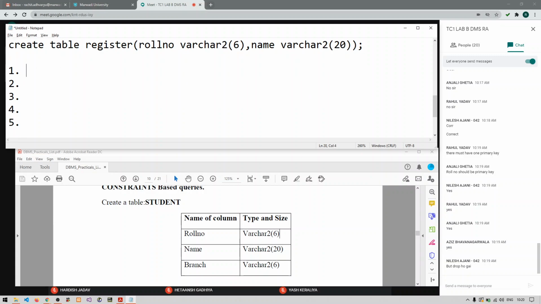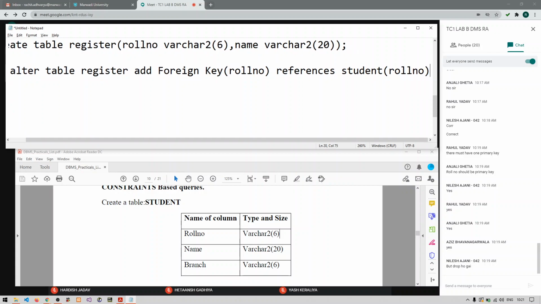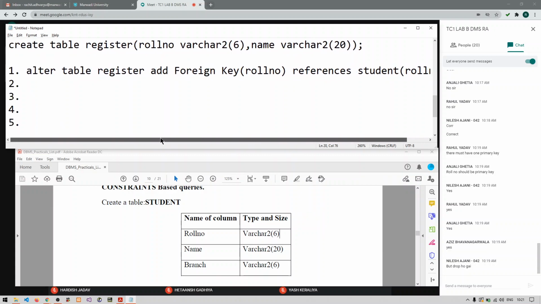So now I will write down like this: alter table register, sorry, alter table register, add foreign key, into bracket the column name of the register table, that is roll no. Then I will write down references, which table it is referring, student table, into bracket the column name of student table. So this is how you will write down the answer.